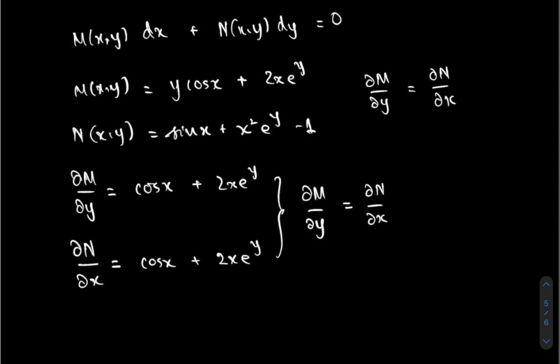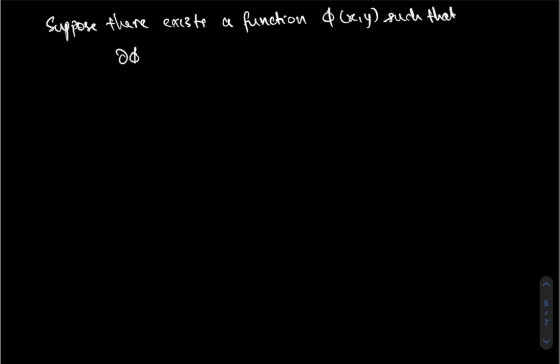Next, we can apply the exact differential equation technique. That is, suppose there exists a function phi of x, y such that the partial derivative of phi with respect to x is equal to M of x, y, or this is y times cosine of x plus 2x e to the y. To find the representation of phi of x, y, you need to integrate both sides of this equation with respect